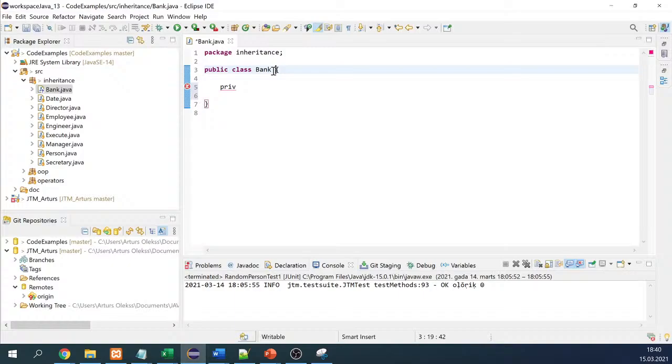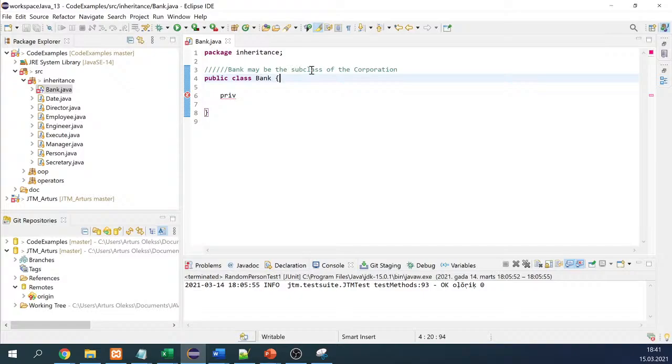Please remember that in this case we don't have these classes, but if you think about what can be the superclasses of the bank, then please note that the bank may be the subclass of the corporation. So we have the corporation, like, again, Bank of America, that's called a corporation,